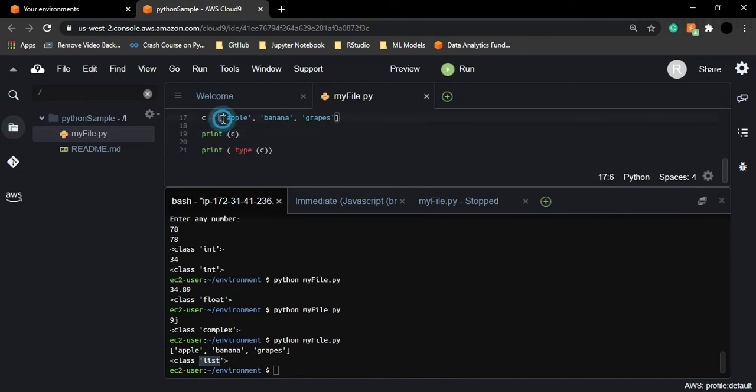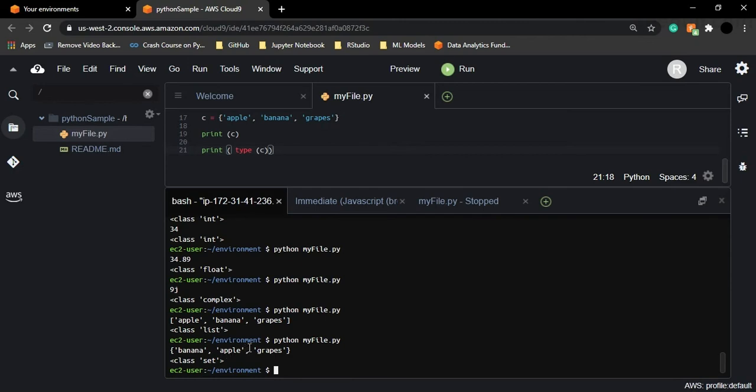Just like a list, we have another collection, and that is known as a tuple. The difference between list and tuple is at the logical level. However, if you don't want to go very deep, you can identify the difference with the help of these symbols. In the case of the list, we have square brackets in which the elements are stored. However, in the case of a tuple, we have these curly braces in which the elements are stored. So we can save it, and now if we run this on our terminal, then you can see